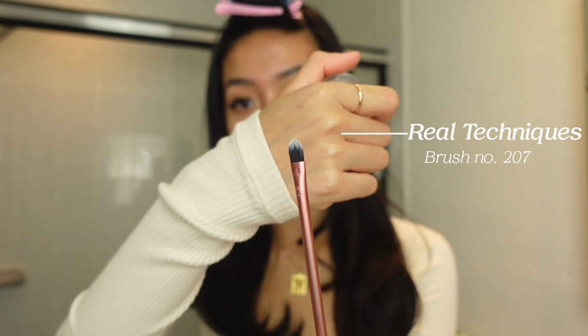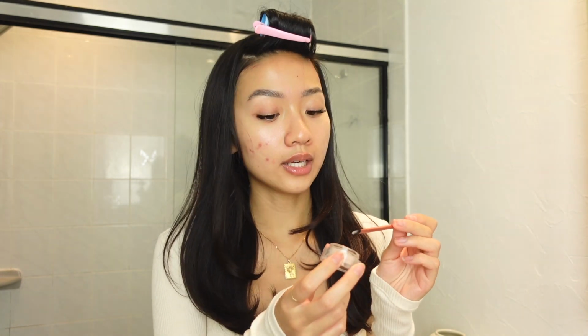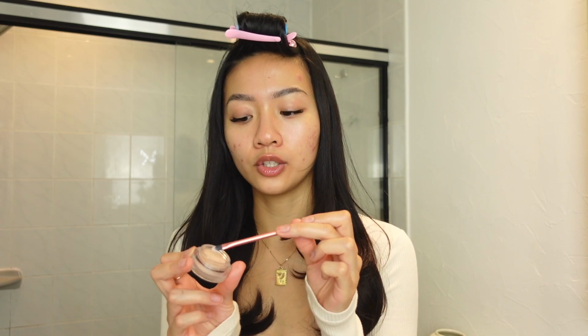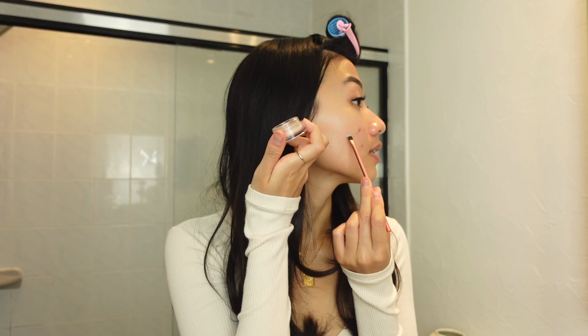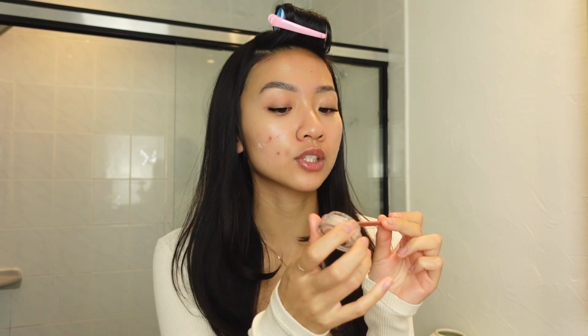I like to use a brush. This is a Real Techniques concealer brush, and it's just a flat brush. I feel like that works best in terms of using a creamy product like this. So all that you want to do is you're going to take some product onto your brush here. Make sure your brushes are clean. You don't understand how much bacteria is on there until you break out. And that's your lesson. I just like to press it onto that blemish there, and then I'm just gonna follow